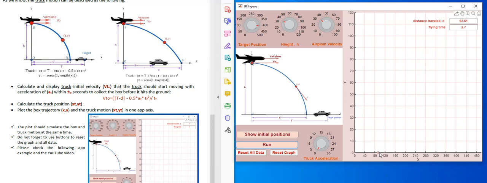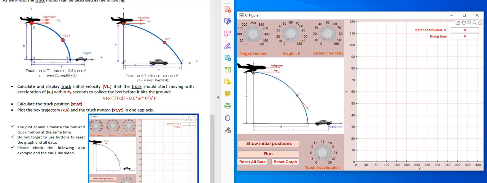Now the truck will pick the box, and then we should see the box projectile and truck motion lines. I'll show you how we can do this. We can reset the graph and reset all of the data, as you see. Now I will select a low